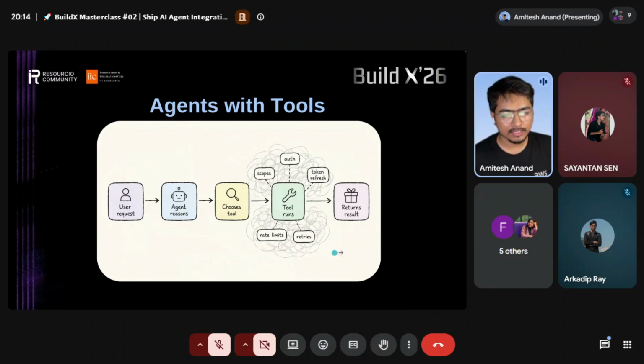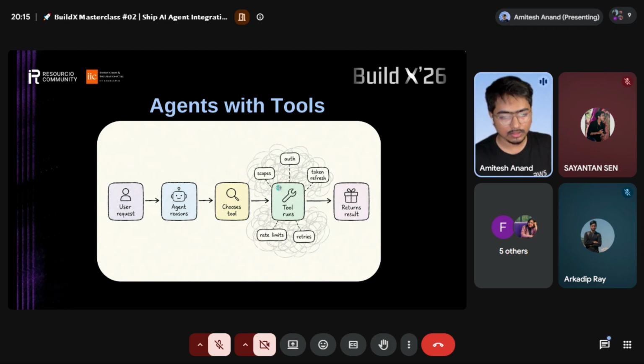Now, when you have agents with access to tools, you will request something from the agent. It will reason using its LLM, then decide which tool to choose. Let's say you have given access to five tools, such as Gmail, Linear, Notion, and Google Docs, and you give the command to read the mail, see what the priority is for me, and add it on Linear as a task.